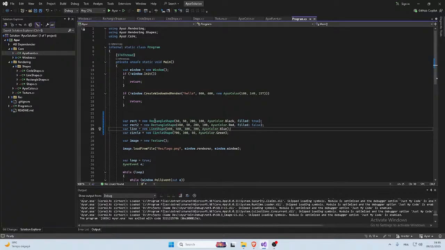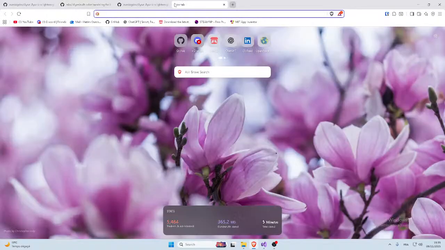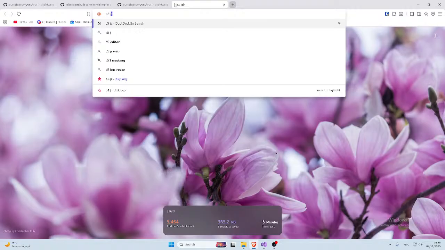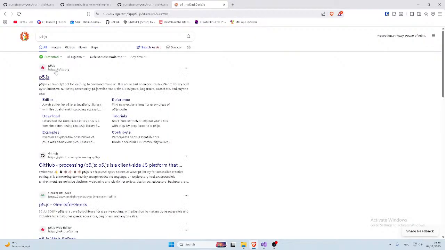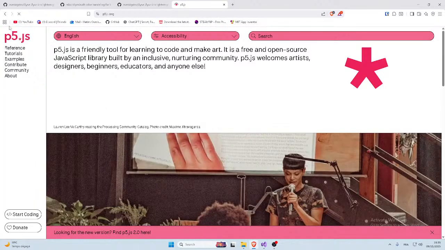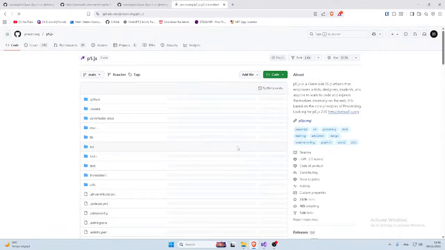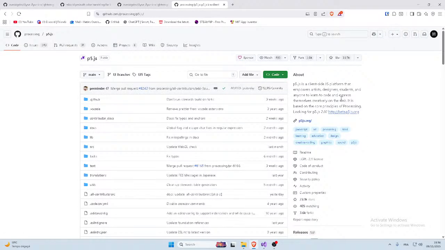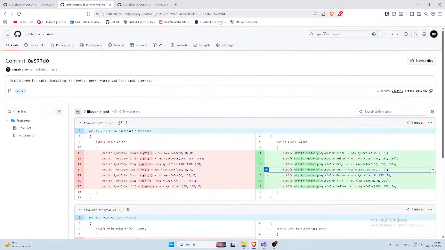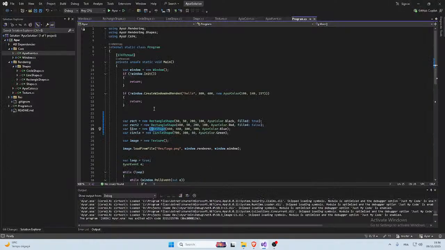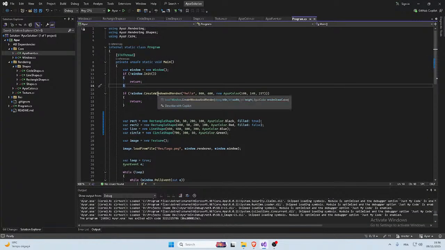I have now rectangle rendering, line shape rendering, and circle shape. For creative coding, I mean something like P5.js, if you know it. It's a JavaScript library by Processing, which helps you render art forms using code. So you can make art just by coding. I want to build something similar, but